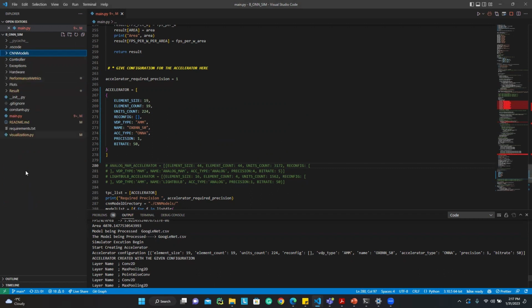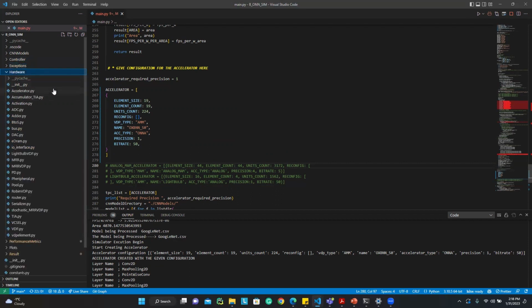As the simulations are going on, I can explain a bit about the project structure. The controller consists of the main scheduler, which schedules the convolution operations onto the accelerator, the mapping part. The data flow will also be implemented here. Then exception is nothing but some custom exceptions related to the simulator. The hardware contains all the classes corresponding to various components in an accelerator,